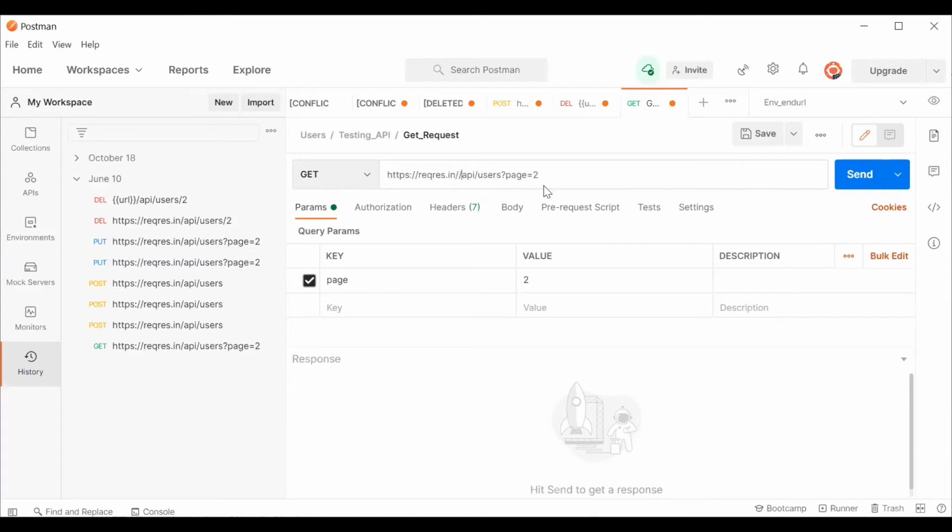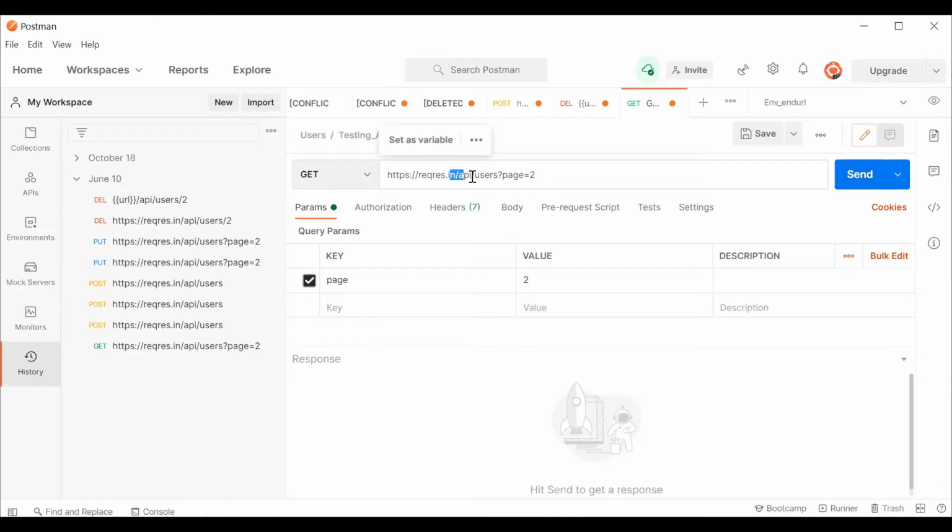But if you see here in between, you have 2 slashes. So remove one. It should look like this. In front of API, you might have 2 slashes because one got copied from endpoint URL and one got copied from API. So there will be double slashes over there. So it should be only 1 slash. After doing so, you will be doing nothing, guys. Just click on this send.